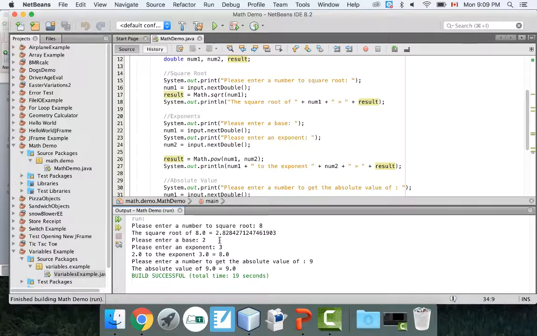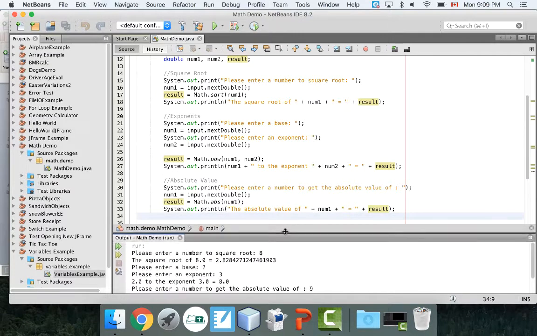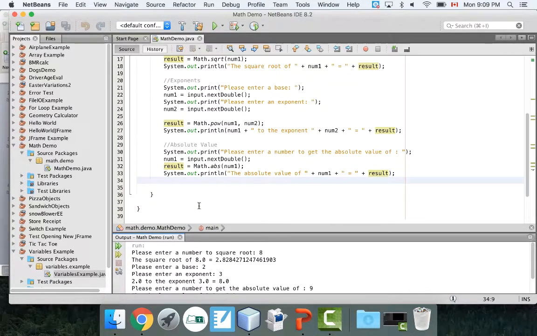Yeah. So you can see there, the absolute value, all it literally does is drop the negative. And I don't use that very often, but sometimes it's really important to be able to do that. So it's a simple little method called absolute value, but it's really, really useful in some situations. So anyways, this is just a little demo of a couple of the more advanced math functions that are